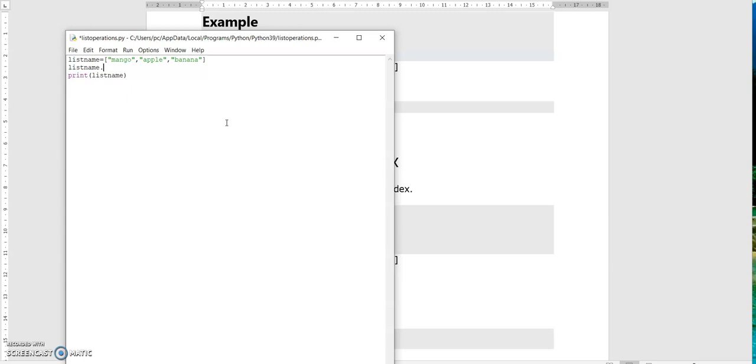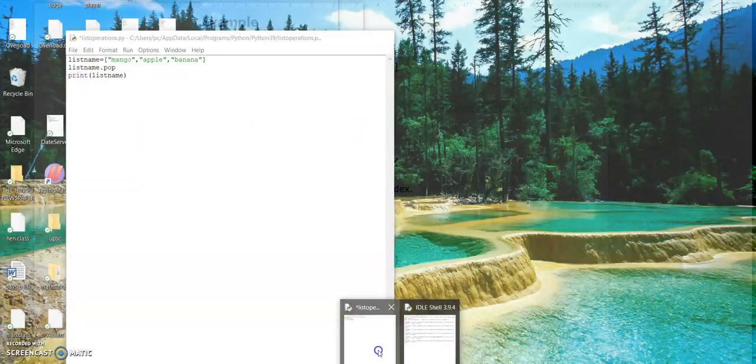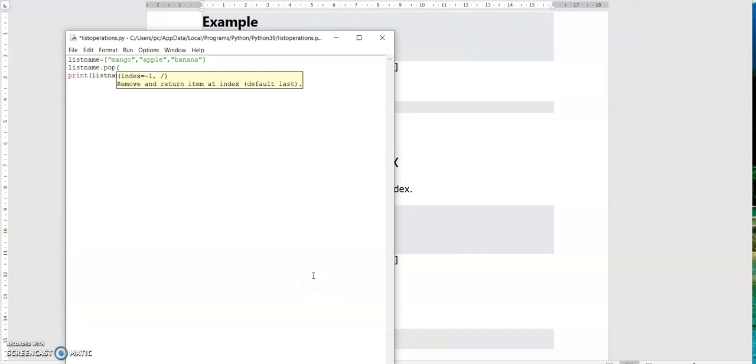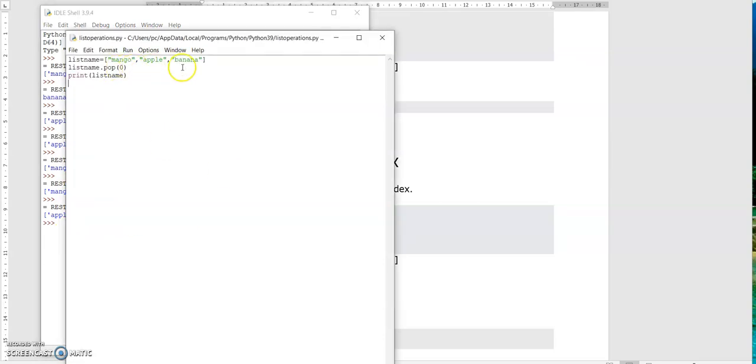List name dot pop of 0. Mango is removed, only apple and banana are printed. Pop of 0 means we are removing the element at that index position.